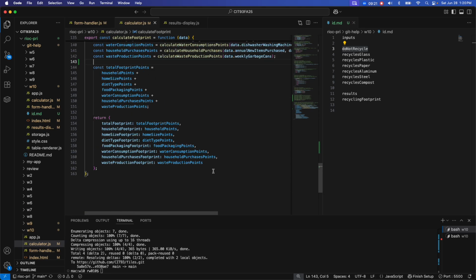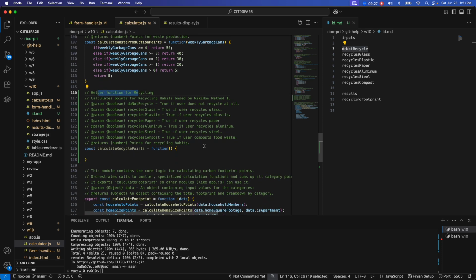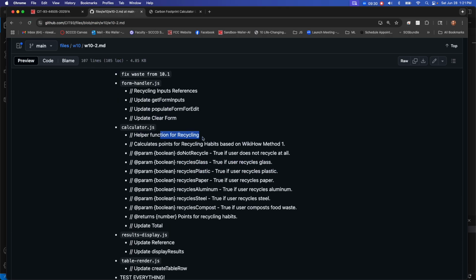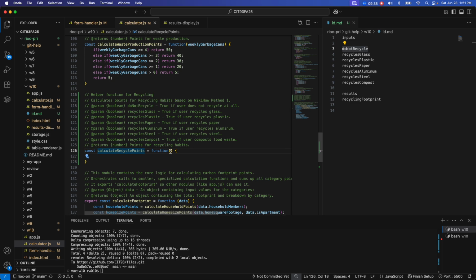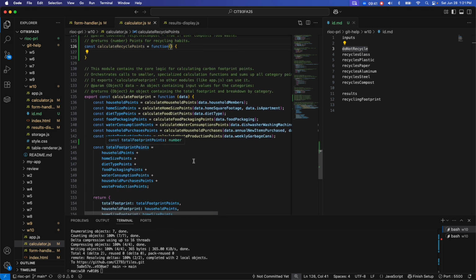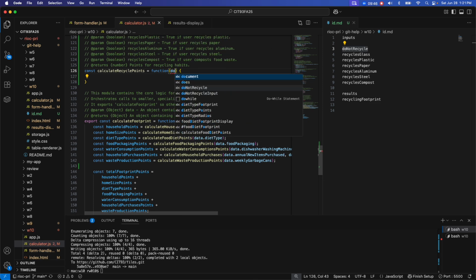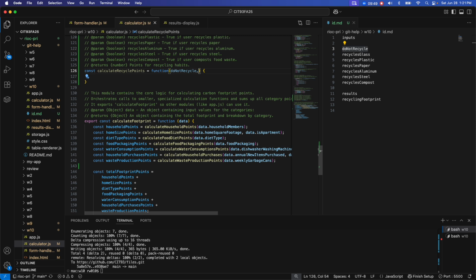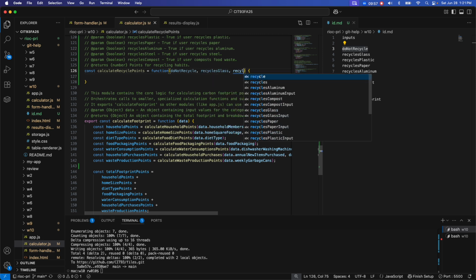Okay, so on the calculator, again, I tried to help myself, and you can copy this, and you can pause here, because here are the comments for our new calculator function. Okay, so you can pause there. And I can see down here, I haven't called it yet, but I know what it's going to take in, right? It's going to take in do not recycle, recycle glass, recycle plastic,